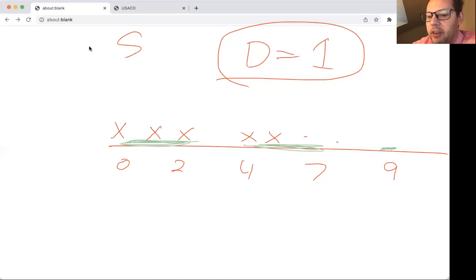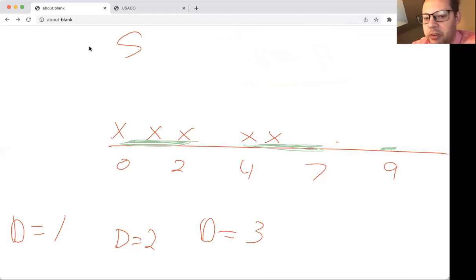So what that tells me is that D of 1 works, but there might be a higher D that could work. So I'm establishing this baseline. D of 3 is too large. D of 1 works, but there might be a bigger number. So let's try D of 2. If I were to do D equals 2,